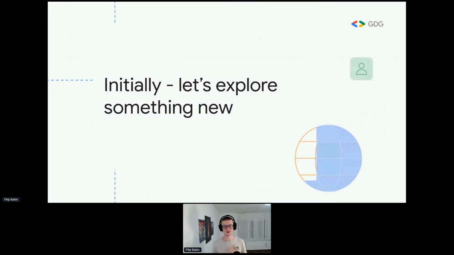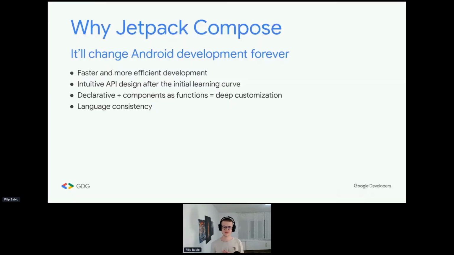So initially, you want to ask, and this is one of the most common questions, why did you use Jetpack Compose for something new? Especially because we started building this SDK a couple of months ago, so back before Compose was stable. So yeah, we wanted to explore something new. We wanted to jump into Compose because we knew that it was going to be a very promising thing in the Android world. Essentially, everyone was talking about it like it was going to be something that's completely game-changing, and I think it actually will be.